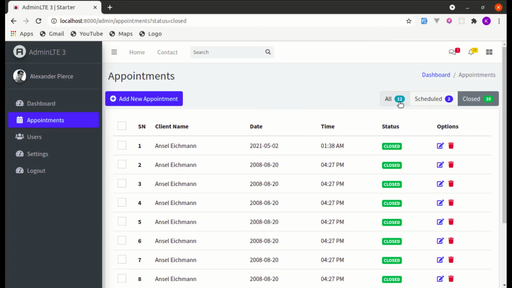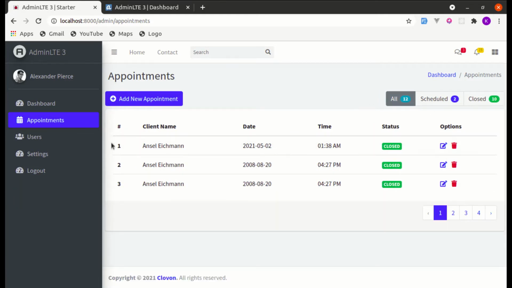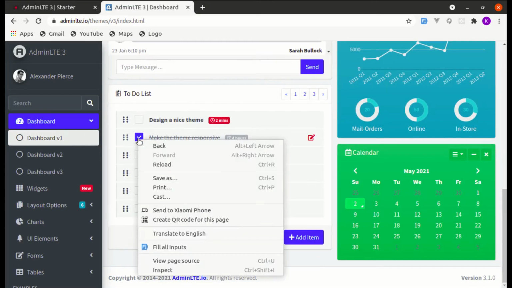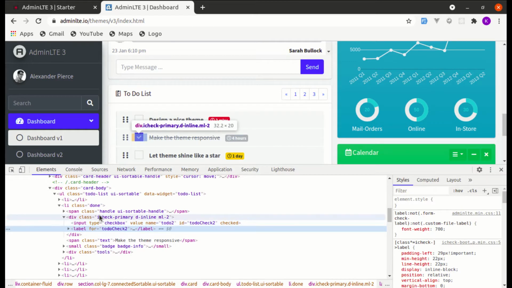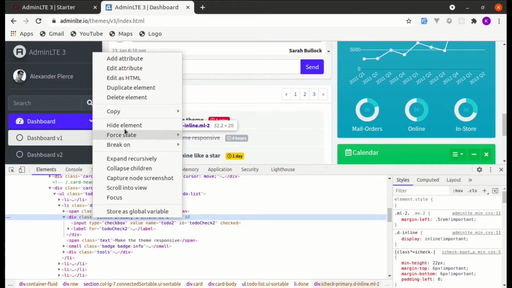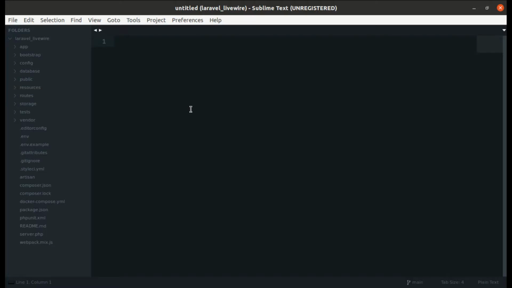Also, throughout this video you will learn how to use Livewire computed property and then Livewire updated hooks as well. So let's get started building this feature. So first of all, let's add checkbox over here. So let me go to admin LTE, and then let's add this checkbox. So let's grab this code over here. Let's select this one, edit it as HTML, and then let's go to